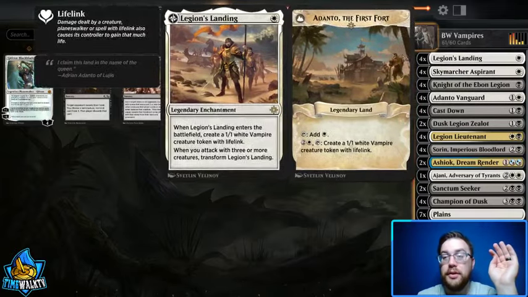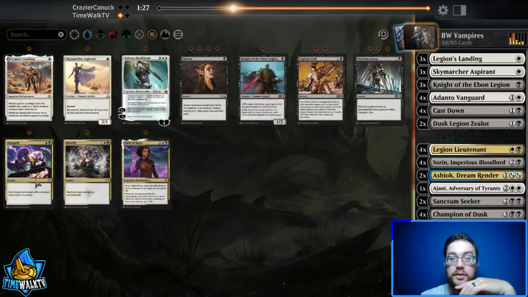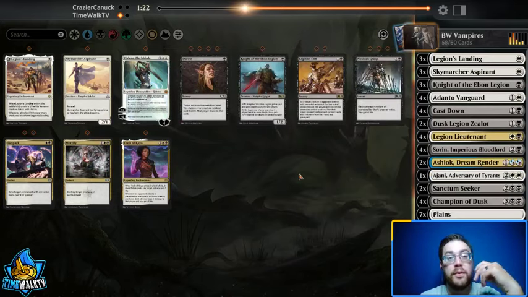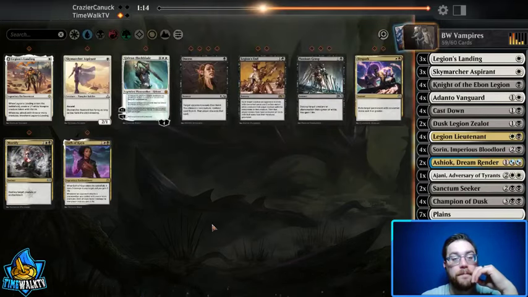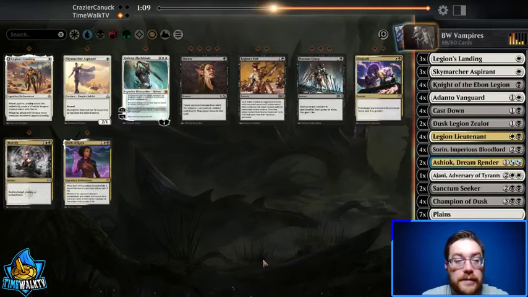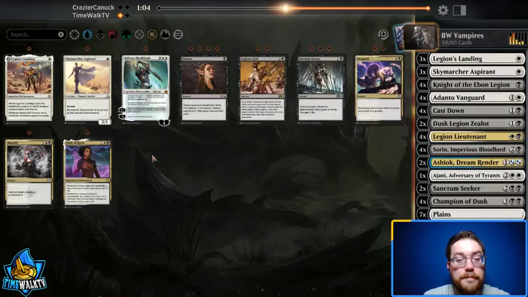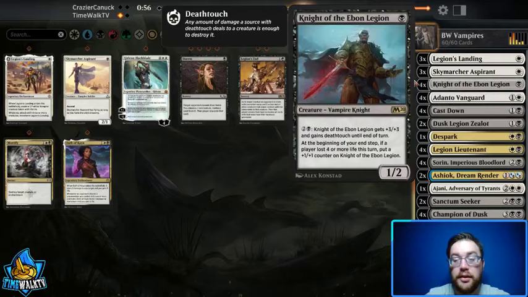I can skim these 3, right? And then I can fit in 2 D-Sparks. No, D-Spark just doesn't seem where I want to be. At all. That's definitely a tough one. Definitely like the 4 Cast Downs. Card's insane against them. Maybe 1 D-Spark. Let's do 1 D-Spark and we'll go back up to our 4th Knight, because Knight can keep the